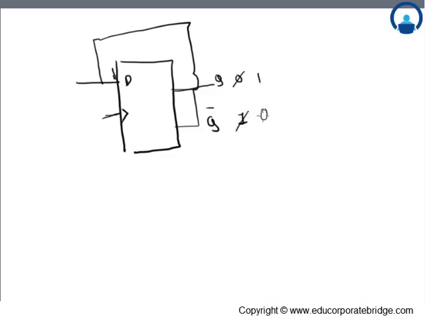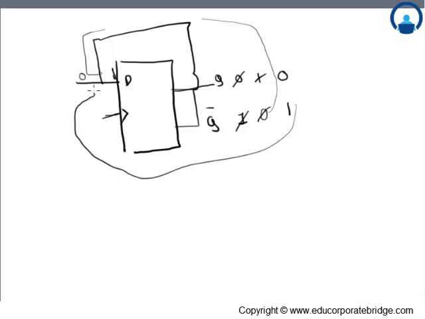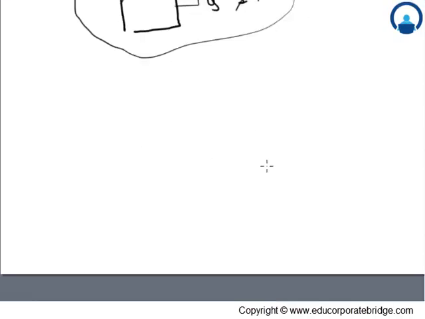This will be 0. Now during the second rising edge of the clock pulse, this will go here, so 0. So during the second rising edge it will give 0, it will give 1. Now this one goes again here, so the next stage will be 1 0. So let's check out the timing diagram for the D flip-flop and the output clock frequency, how it works. Let's say this is the